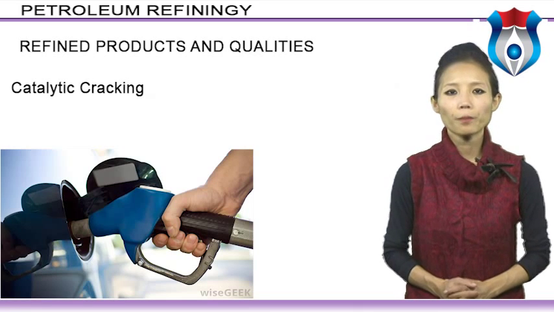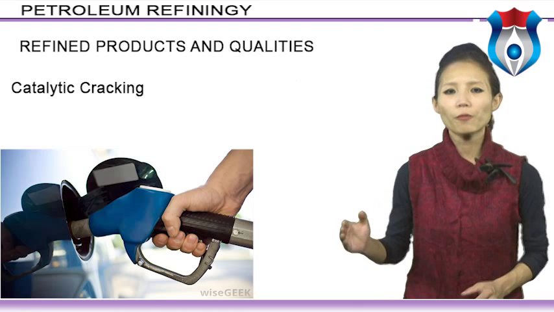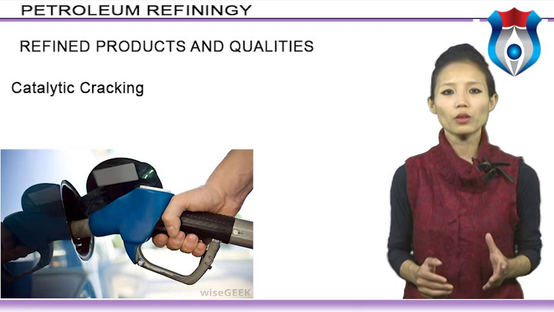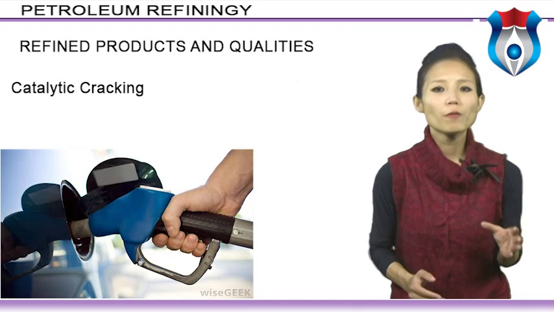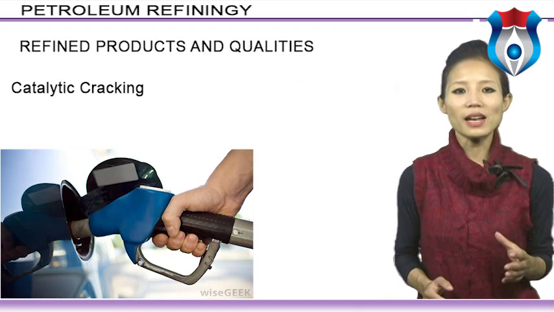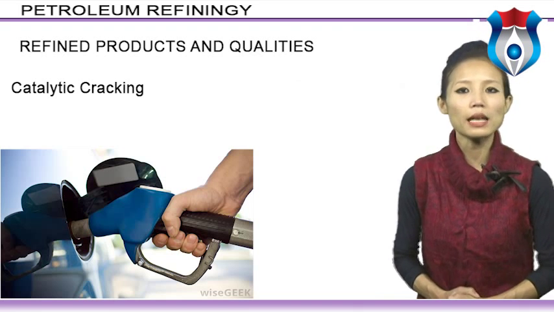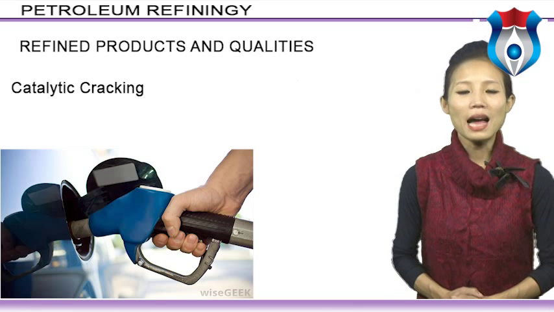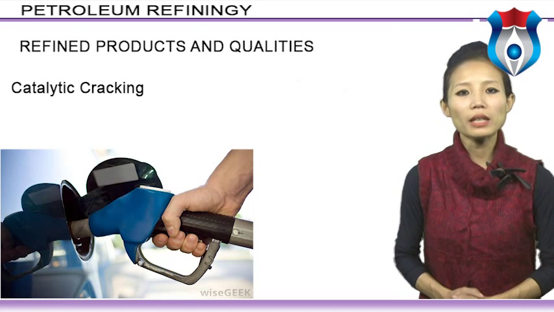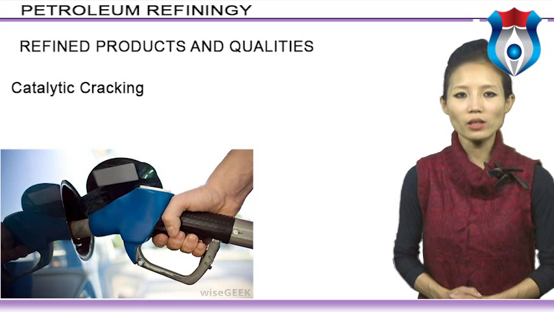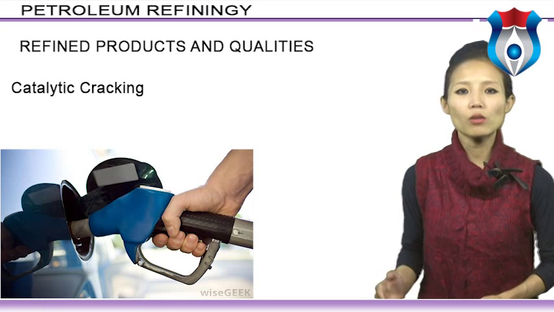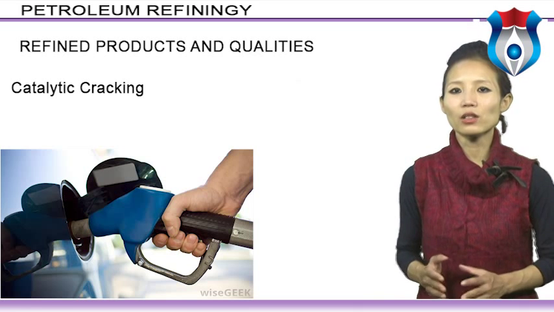Catalytic cracking. Catalytic cracking is a very important process in the modern refinery. The process allows the refiner to convert material that would normally be burnt as fuel, vacuum gas oil, into gasoline and distillate home heating oil and diesel fuel. One only need examine the price difference between residual fuel oil and gasoline to see why this is an attractive